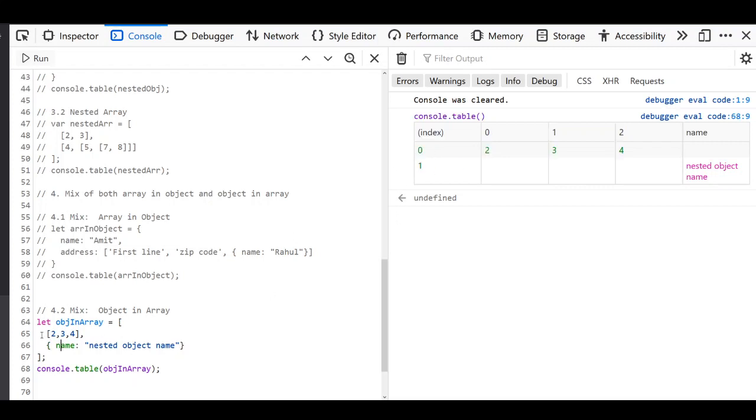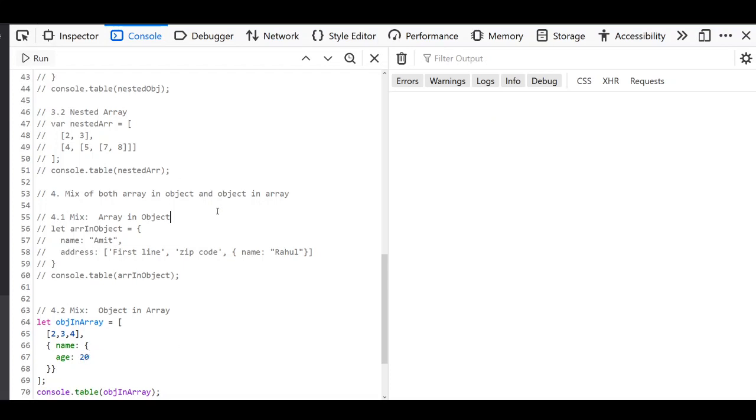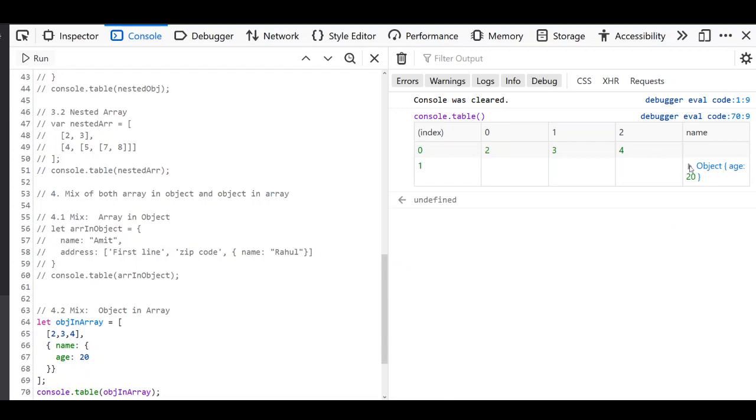Indexing is there. And then on the 0th value, it has a further array. So the 0 value has 0, 1 and 2, right? And at the first index, it has a name value, right? So it has a nested name column. If I have a further object level, then this object will be printed here. Let's say age and 29. Okay, since I'm using the let keyword, it won't allow me to do this. So now you can see this object is there.